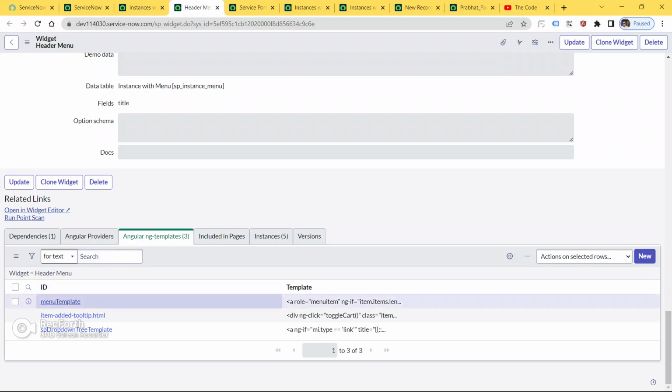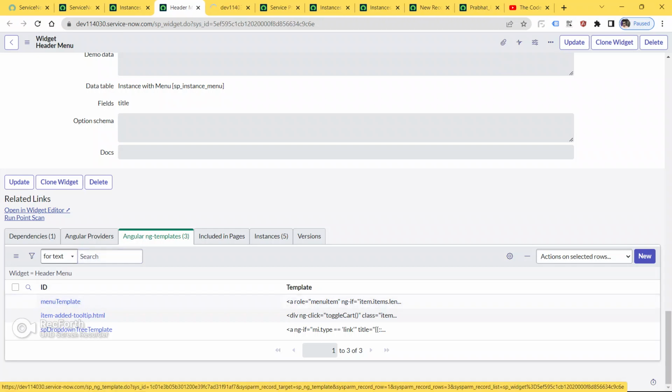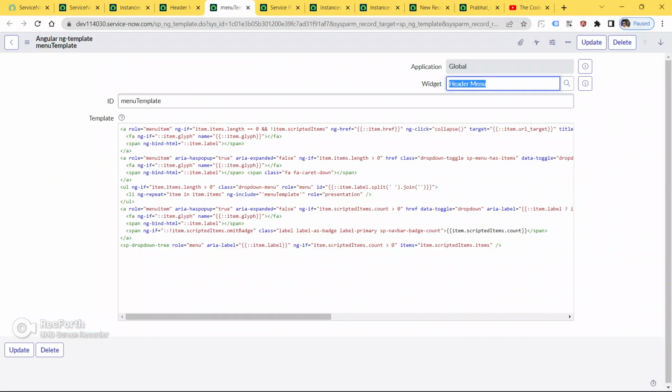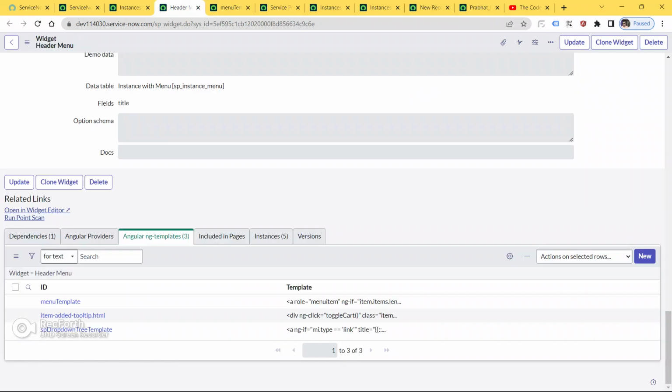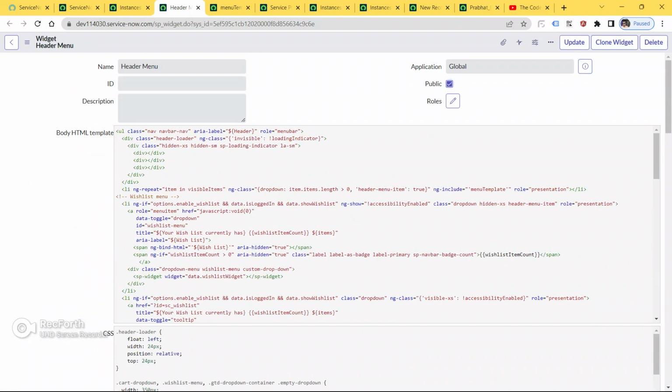Always remember, guys, inside the tab Angular ng template we have to click on the menu template. Now we have to click on the menu template and copy this code from here.